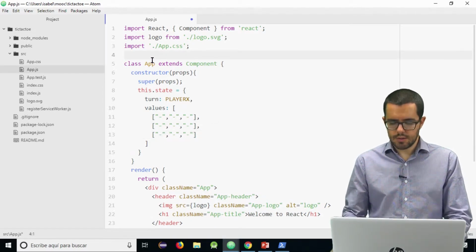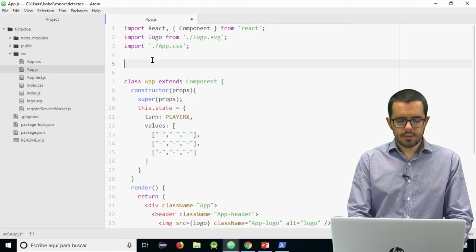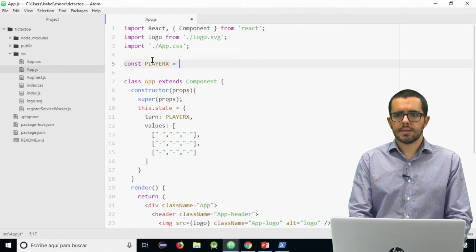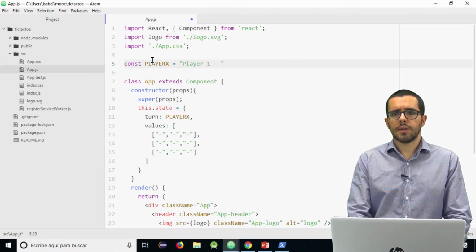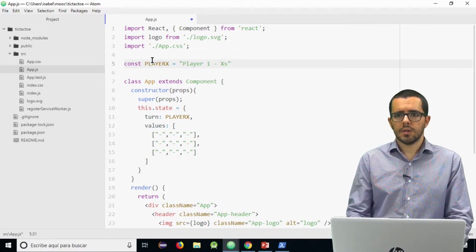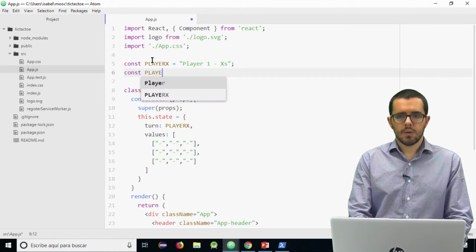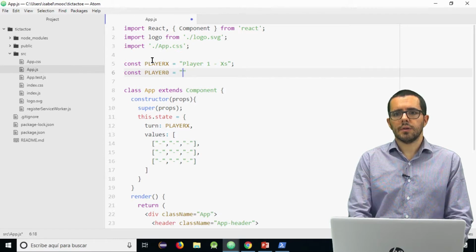I need to create the two constants. Player X is player 1, X. I will use this string to remember the turn, and also to compose the header.